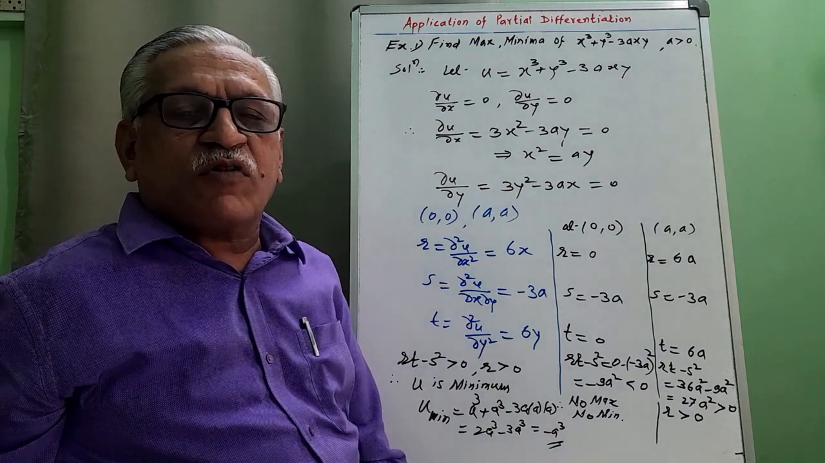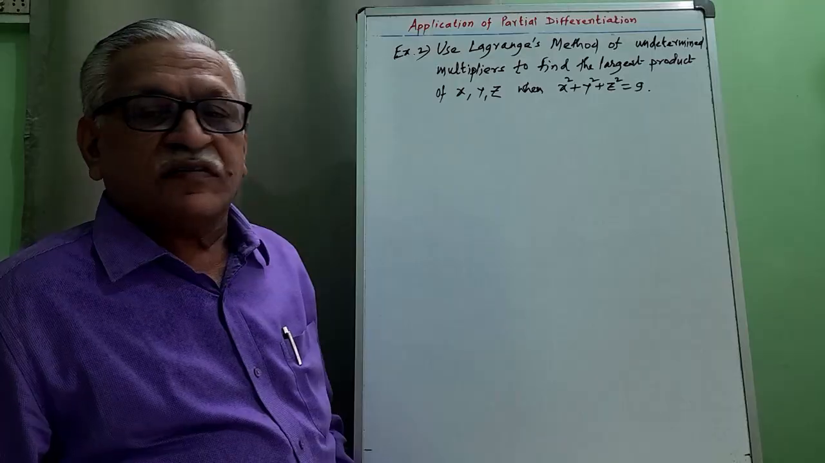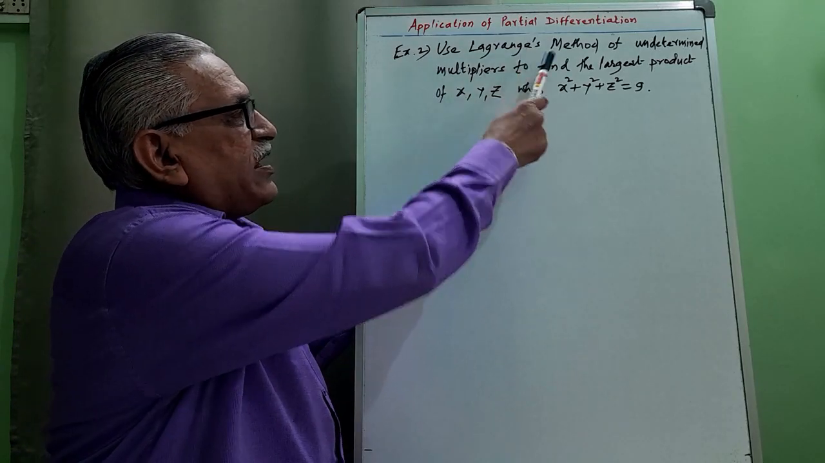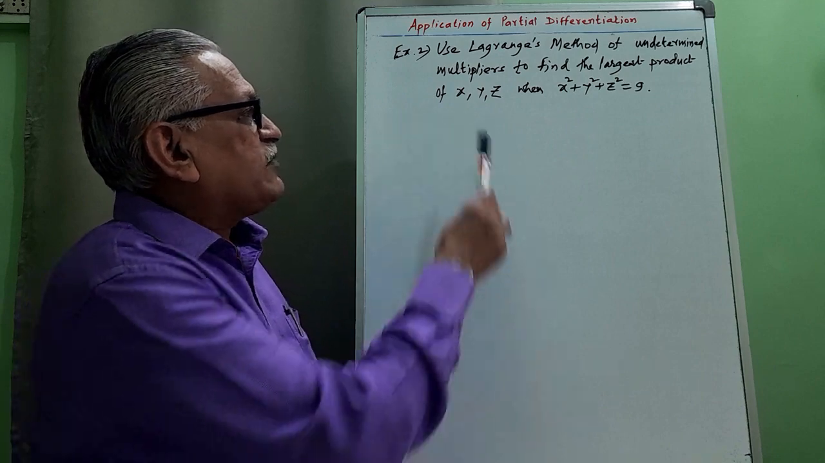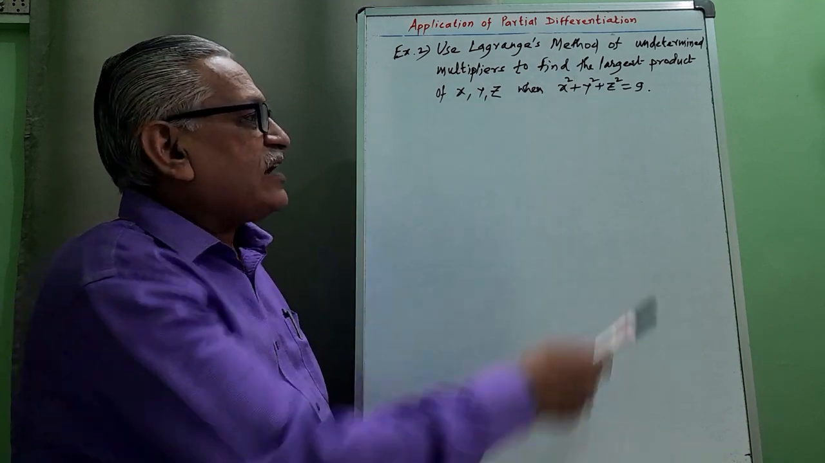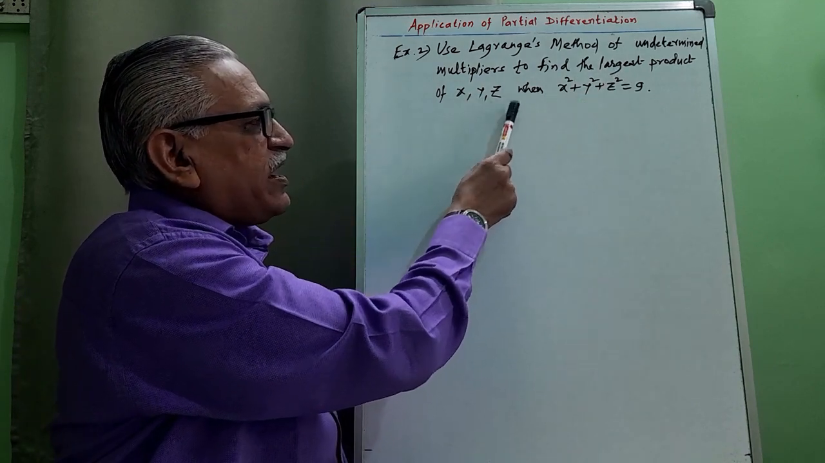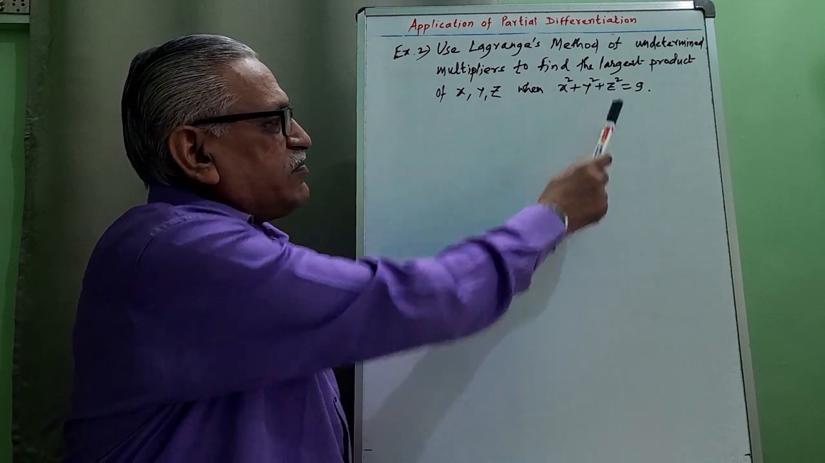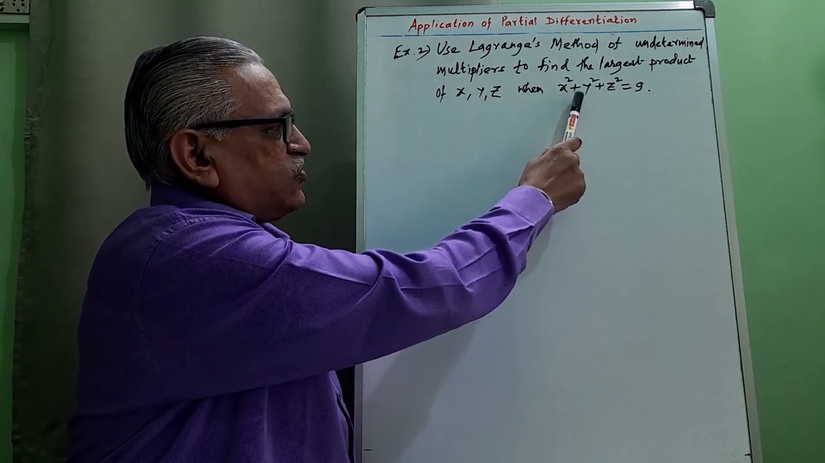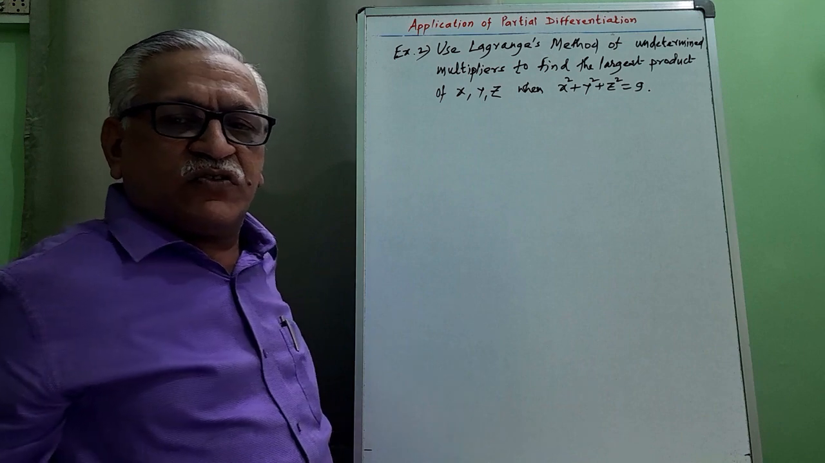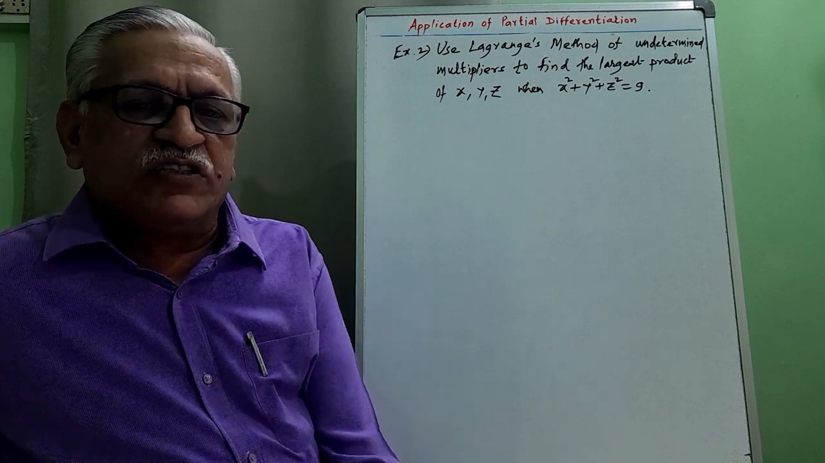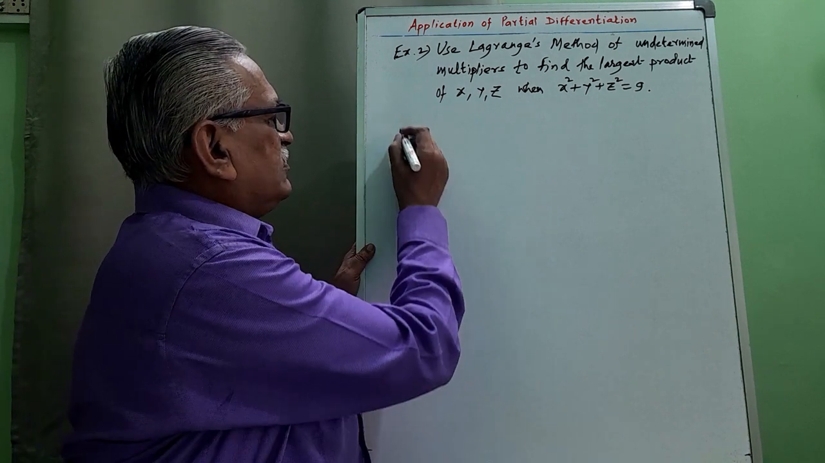Therefore, this is the problem of maxima minima. Second example: use Lagrange's method of undetermined multipliers to find the largest product of x, y and z when they are connected by the relation x square plus y square plus z square is equal to 9. And therefore, to determine that largest product,